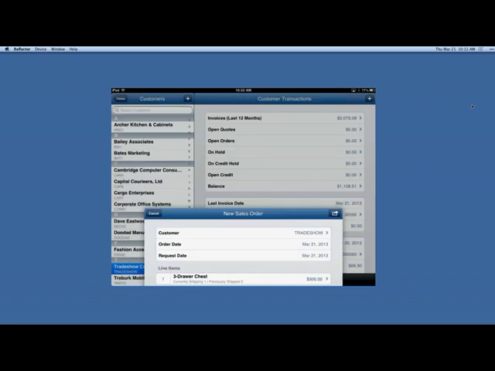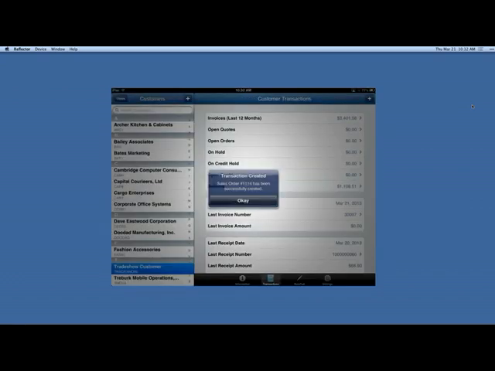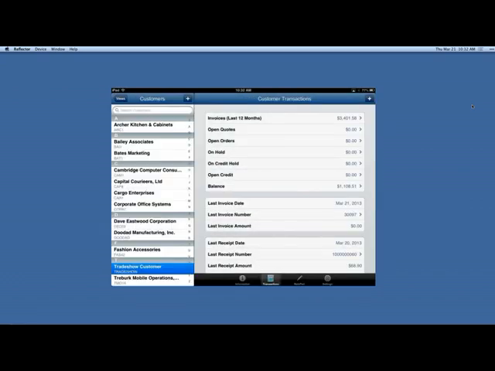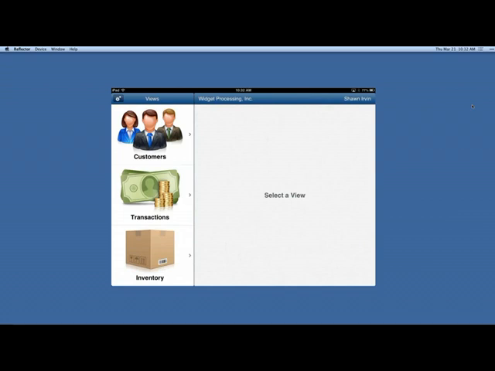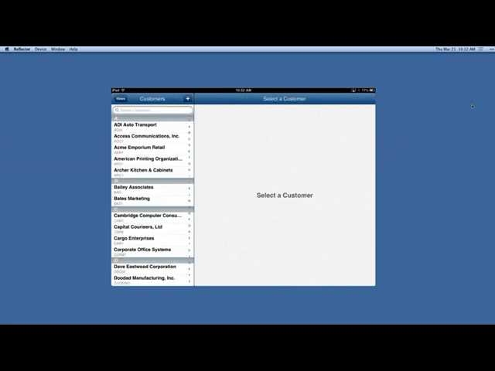Okay, we're going to do one more order for, let's say you have a customer that's a continuing customer, and they have special pricing set up. We have some multi-level pricing for them. And so we want to go ahead and order this under their account. So we're going to go ahead and create a transaction for,